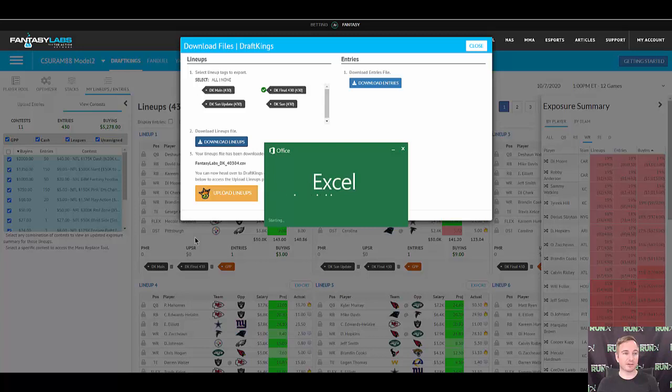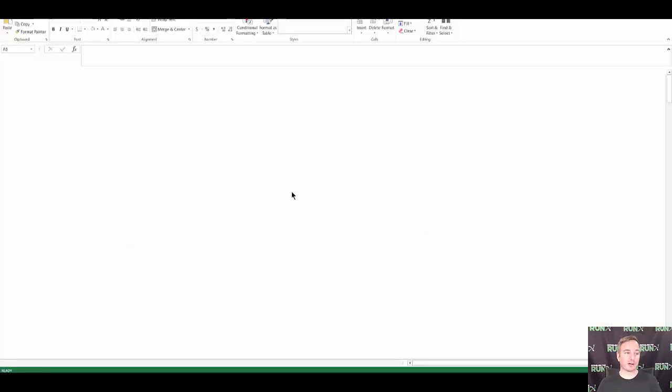And I would then paste these over my contest entries on DraftKings and then re-upload them. So this process takes a little bit longer while recording the stream to actually get Excel to open up. But once it does, I'll show quickly how to go through the randomization process. And the reason that I'm doing so is simply because my thought process is I'd rather have more opportunities to